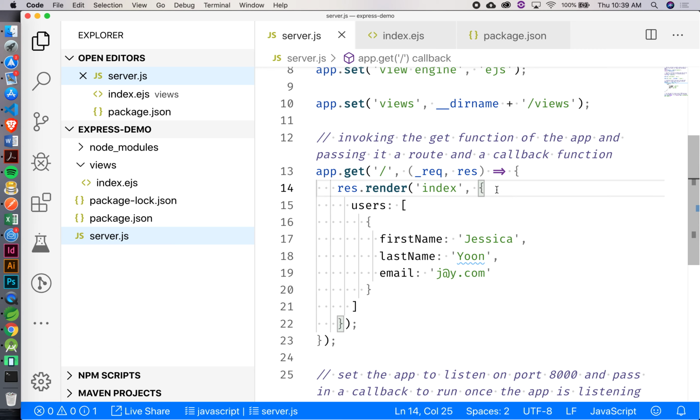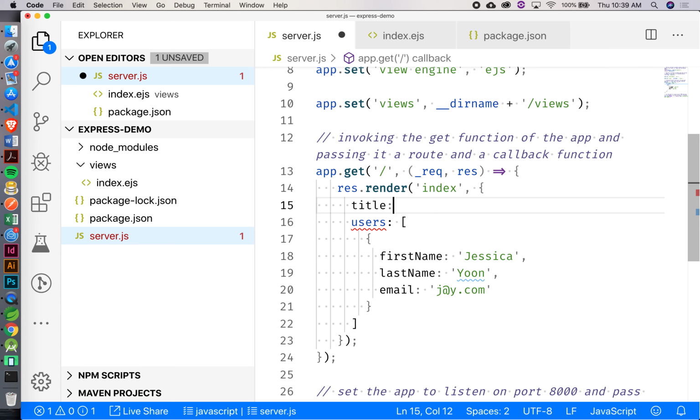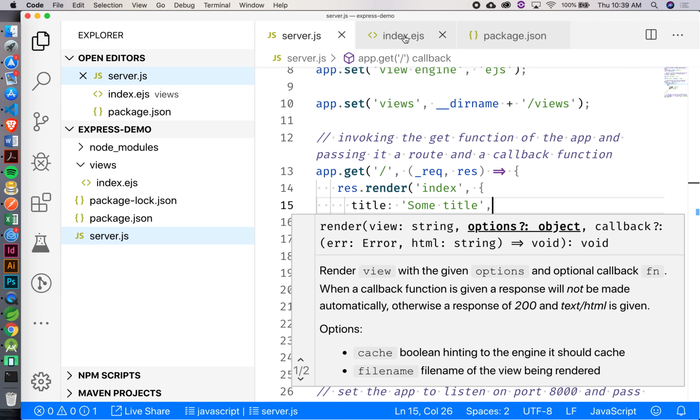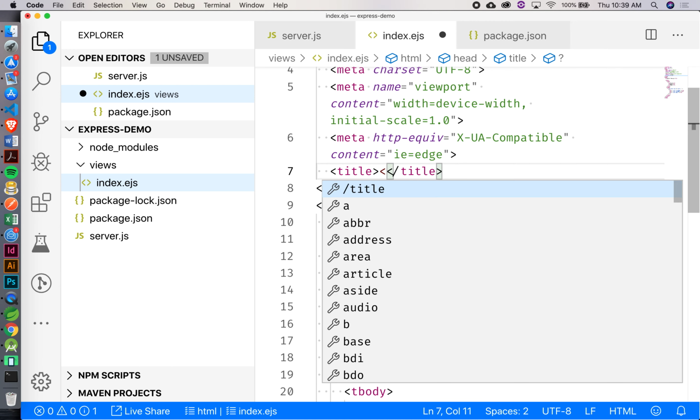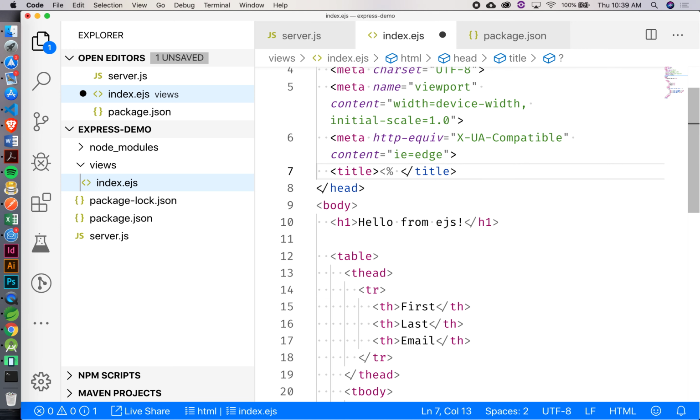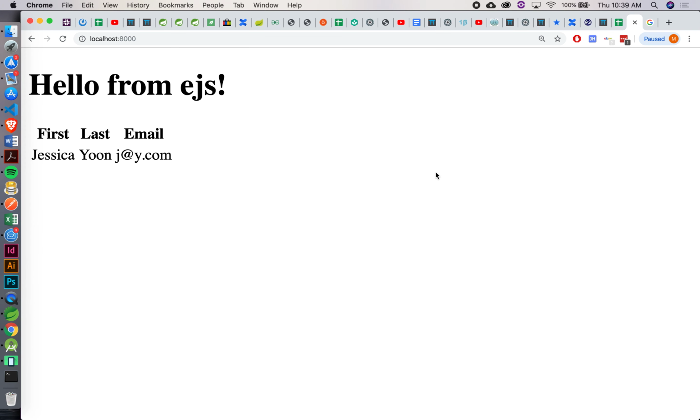So if I just wanted to have, let's say my page title was dynamic in some way, I could just pass that in there, and then inside my index.ejs, let's say I want to output that up in here. Now I can do, whoops, I need that equal sign, right? Title. Okay. Save that, go back to there, and we'll see if I hover over here, it's giving me some title,